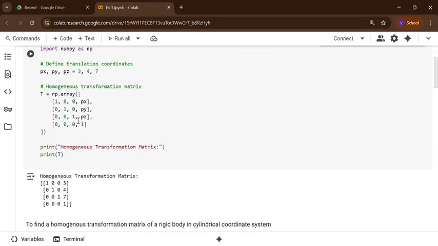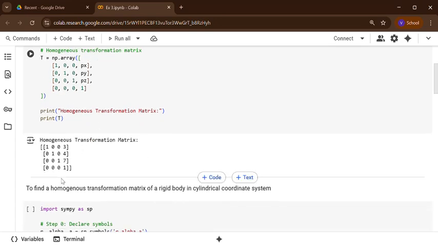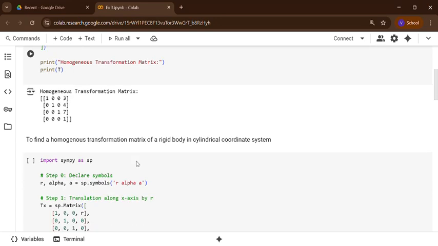Here the first 3 rows and columns say there is no rotation. No rotation means it is an identity matrix. Since the joints are prismatic, the robot moves in the x direction by 3 units, in the y direction by 4 units, and the z value is 7. You put all these 3 in the matrix and you can say this is the homogeneous transformation matrix for a Cartesian manipulator. Whenever you buy a Cartesian manipulator, its transformation matrix will be like this. Only how far it has moved will be listed here; the others are ones and zeros.